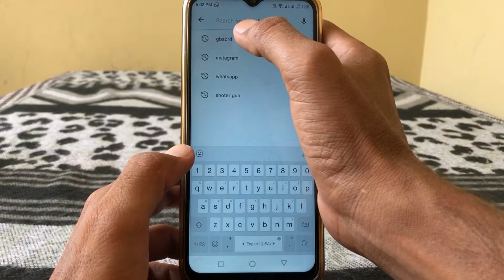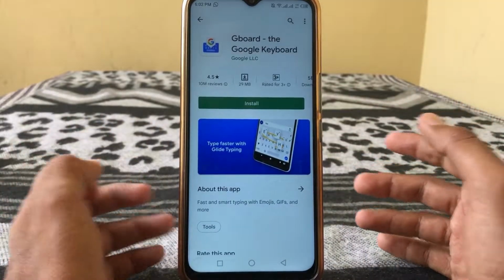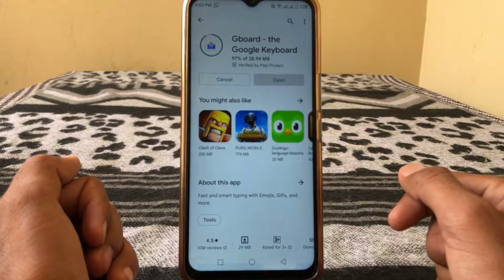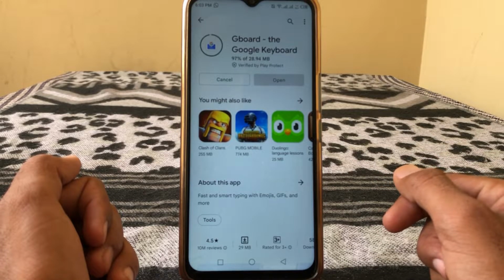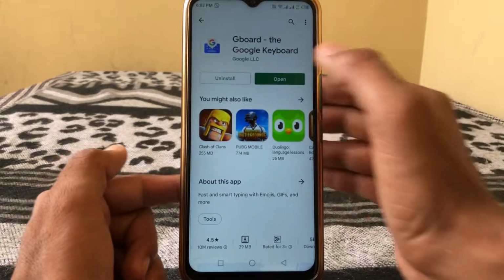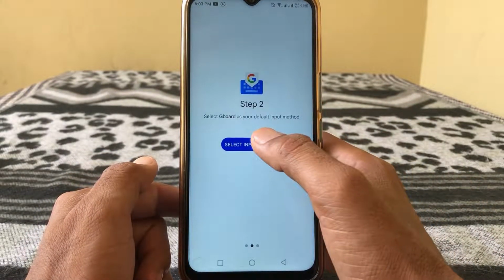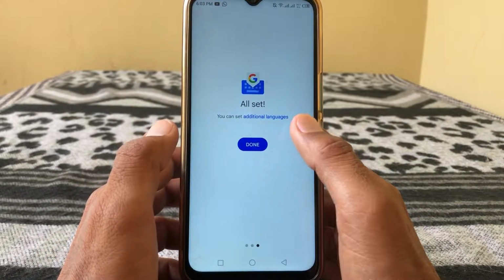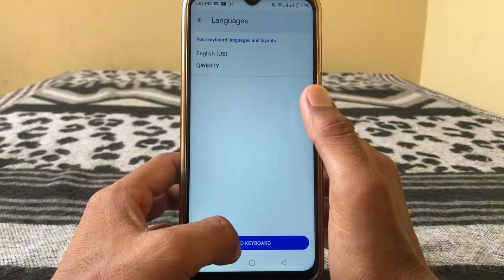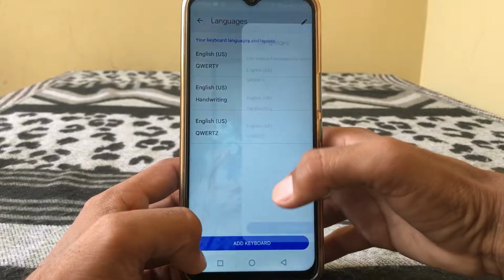open Play Store or App Store, search for Gboard, install the third one. So you can see here it's installing right now. Tap on open, tap on enable in settings, select input method, tap on Gboard, tap on done. And if you want to add keyboard, so you can do from here. Tap on done, close this page,